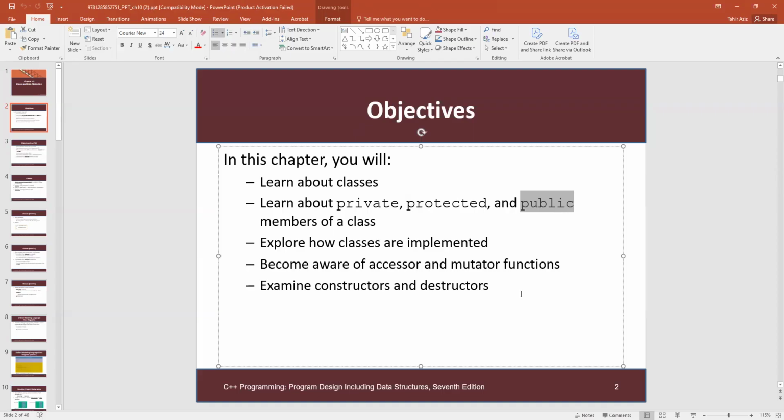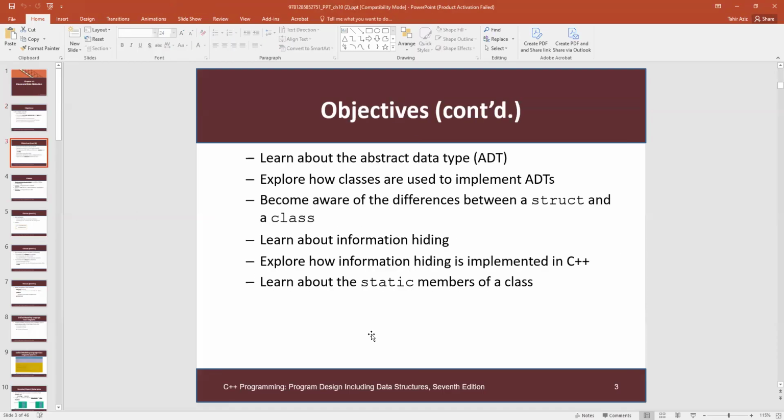Then there are specific kinds of functions we have in object-oriented programming. They're called accessors, mutators, constructors, destructors. So we'll be discussing all of those special functions in object-oriented programming. We'll talk about ADT, like I stated, and how to implement ADT. And then it also does a comparison, just like Chapter 9, where there was a comparison between arrays and struct. And it gave a good view of how we transitioned from arrays to struct,